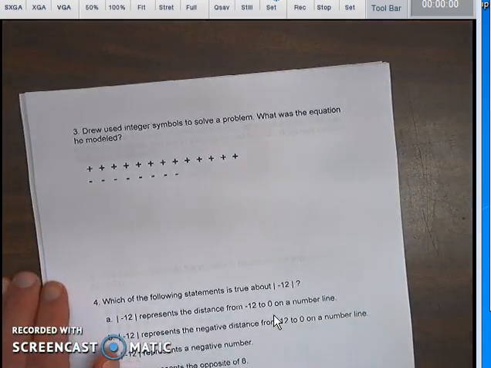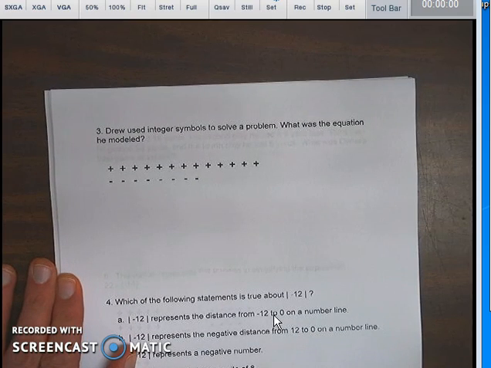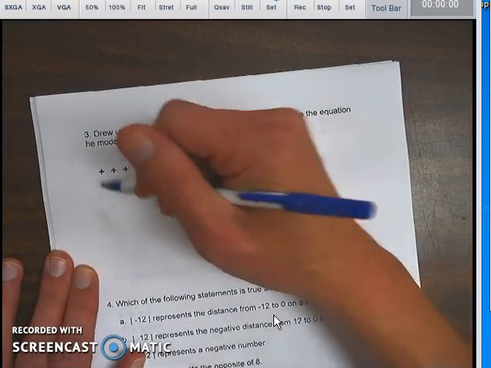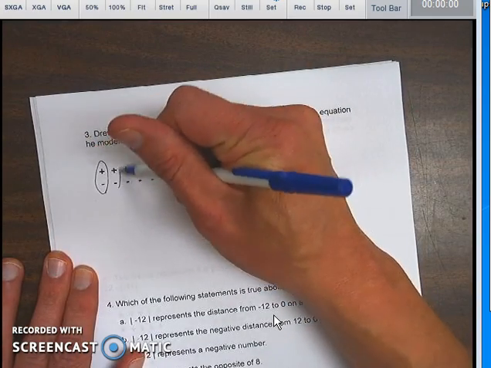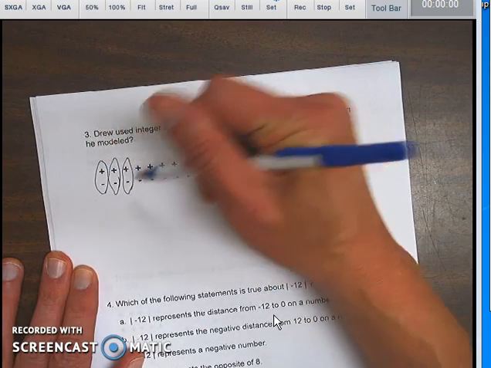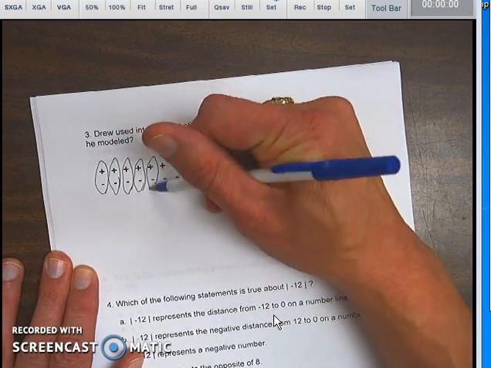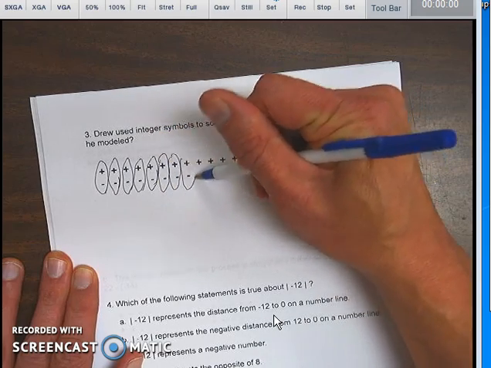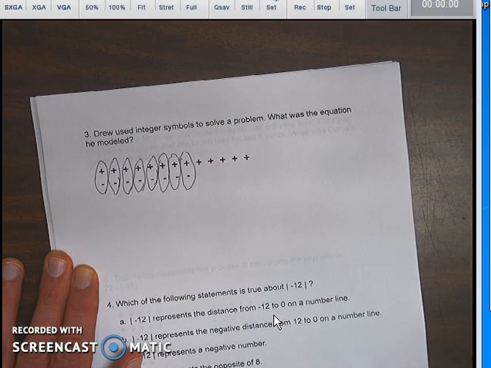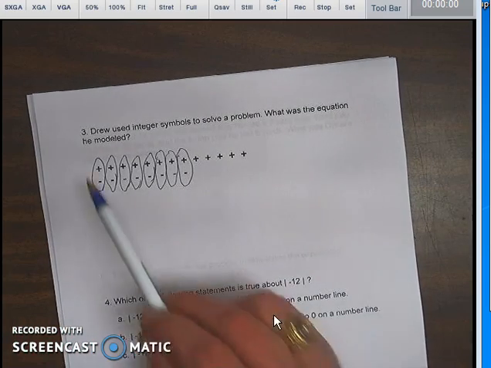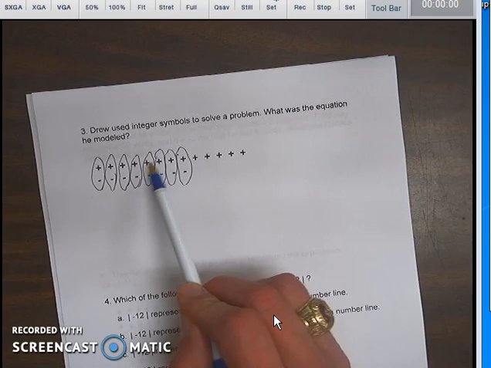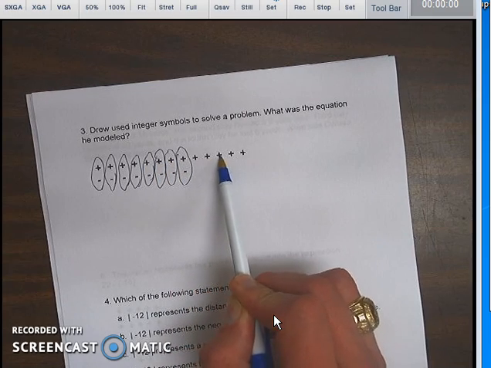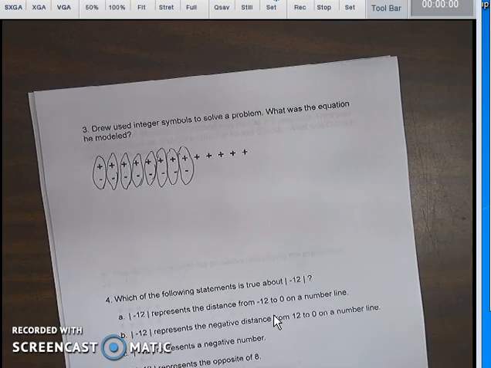Number 3. Okay. Drew used integer symbols to solve a problem. What is the equation he modeled? The thing that we're going to do is we're going to circle where we have the same. Those are called zero pairs. And remember, zero pairs, you take a positive and a negative and you throw them away, right? So how many positives did we start out with? 8, 9, 10, 11, 12, 13. 13 positives, so I have 13